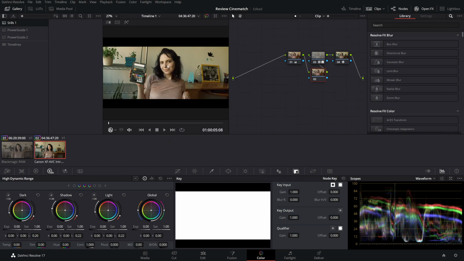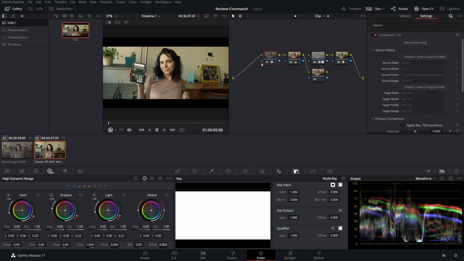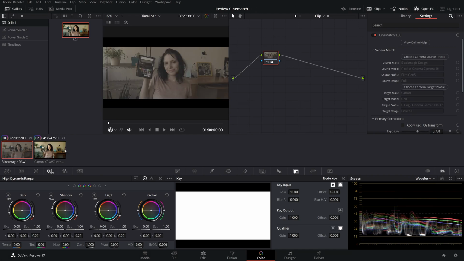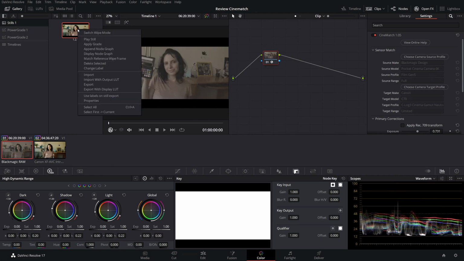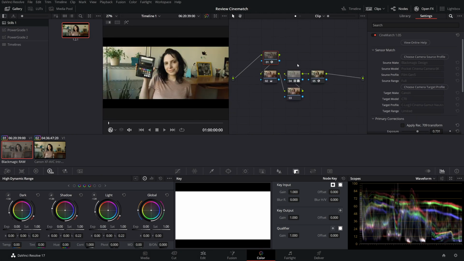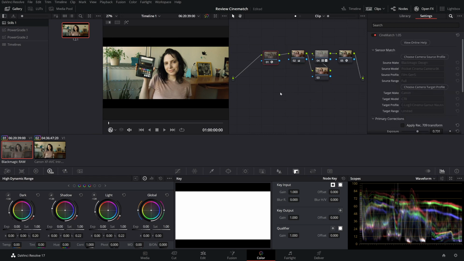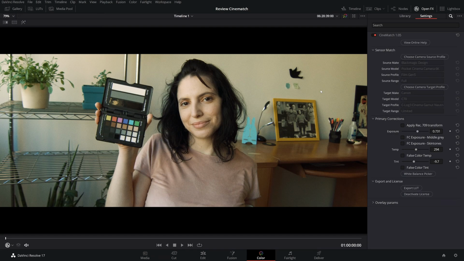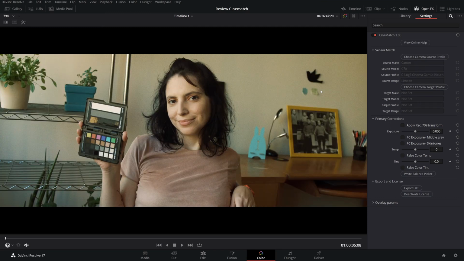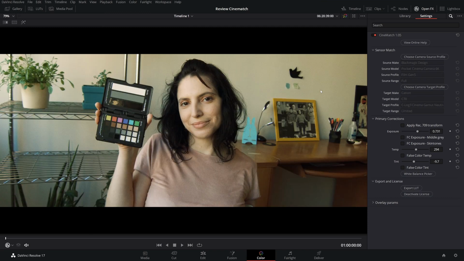I will grab the still and press Ctrl Z to bring back my Cinematch node. Now I will come to the Blackmagic Raw here and add all this to the treatment. So I will append the node graph. I will add the treatment after the Cinematch node. And that's it. We have the end result here and they look exactly the same.